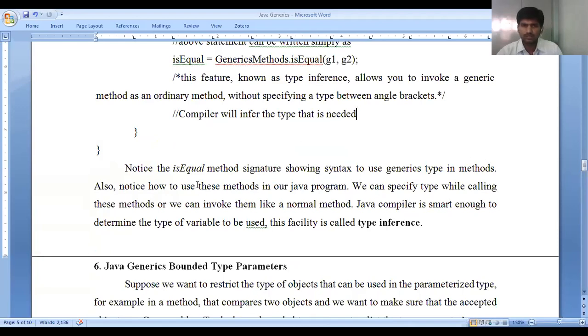And also notice how to use these methods in your Java code. We can specify the type while calling these methods or we can invoke them like ordinary arguments. The Java compiler is smart enough to determine the type of variables to be used. This facility is called type inference.